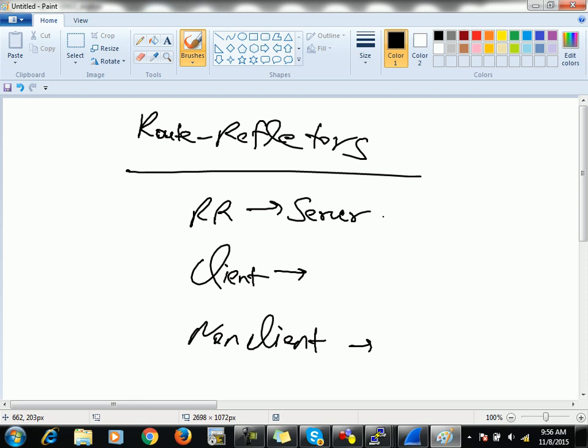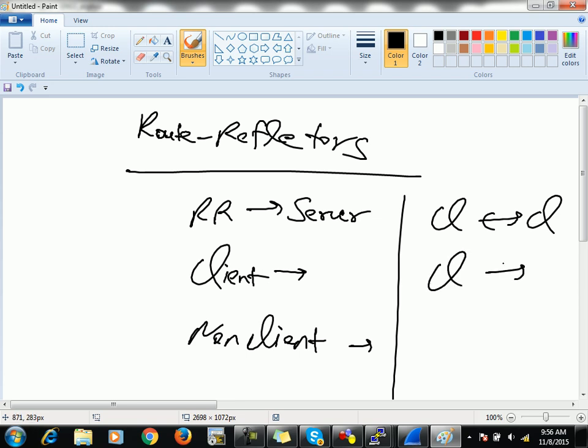Now there are some rules that client and client, they can exchange updates with each other. I mean, the route reflector can exchange updates with the clients, right? The route reflector can reflect routes between clients, between client and non-client as well, but the route reflector cannot reflect updates between two non-clients. The route reflector, I mean the server, cannot reflect routes in between two non-clients. But of course it is possible for the route reflector to reflect routes in between client and non-clients,